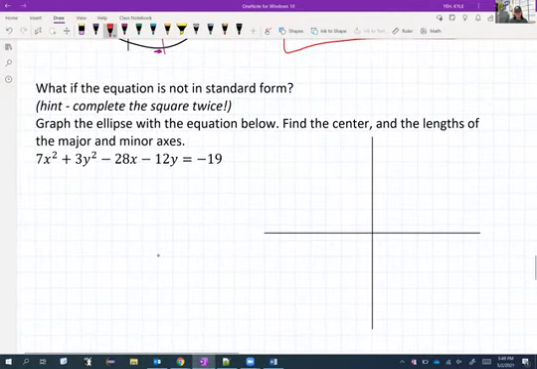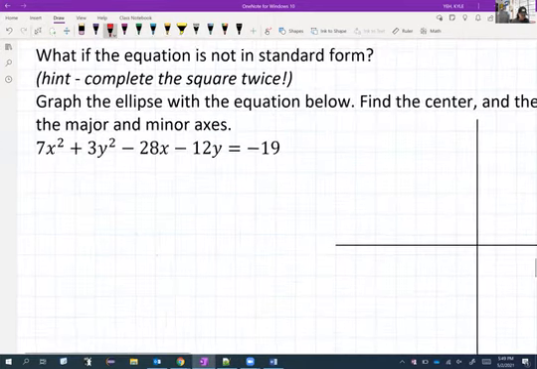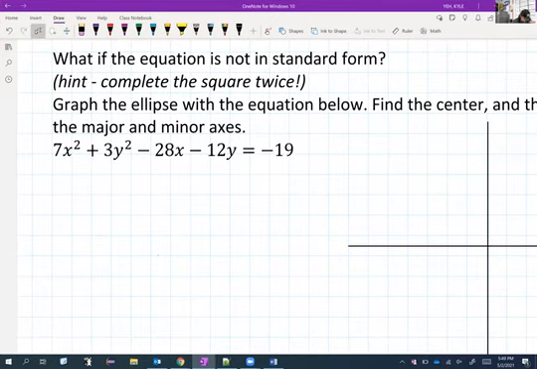Last ellipse question. Same thing as circles. What if it's not in standard form? We have to complete the square probably twice. So let's do that. Graph and find the center and lengths of the major and minor axes. Yeah, we know that. So here's what I'm going to do. I'm going to get my x's next to each other. 7x squared minus 28x plus blank. And actually, I'm going to leave off the plus blank for now, and I'll show you why in a second. Get the y's together